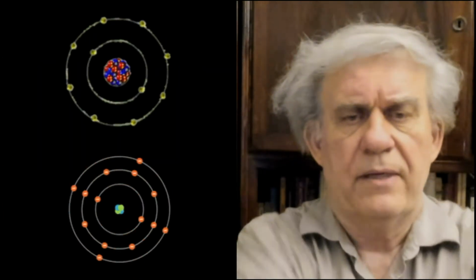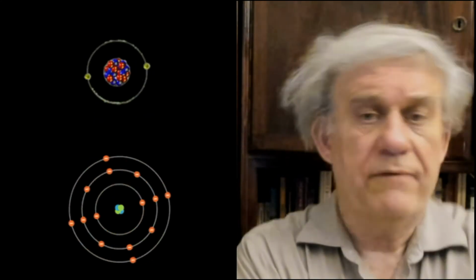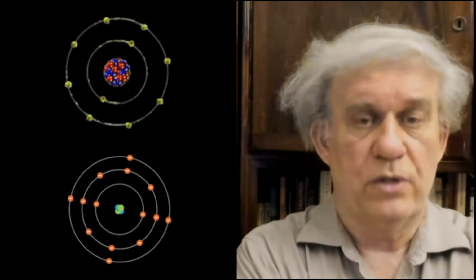Okay, where do we get all this nonsense from? Well, we got it from this. These are the notions that we have of the atom. It's the planetary atom that you see, and these are two different atoms that I found on the internet, and they essentially put the same thing. Everybody's using the planetary model to explain this.